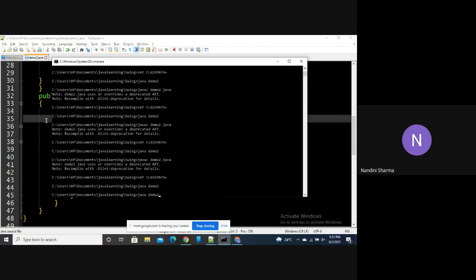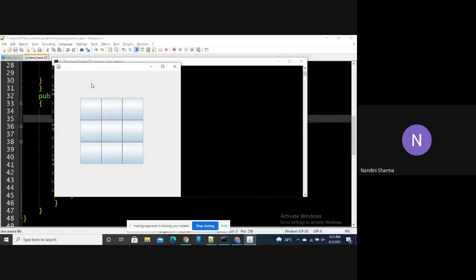So we all have played this game in our childhood. We know that for one person to become winner, we need to have, let's say, X in a row like this: first row, second row, third row, or three continuous X labels in a column starting from first, second, third, or in this diagonal condition continuously.